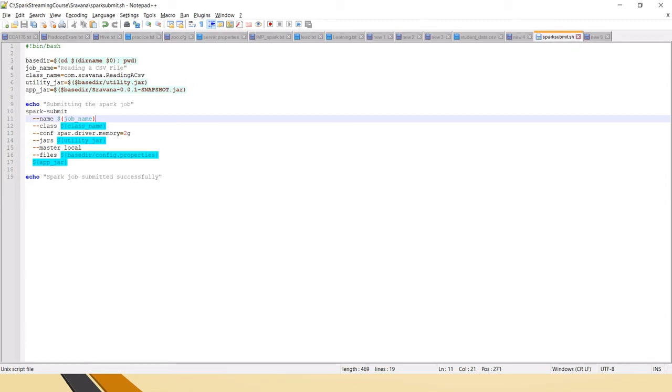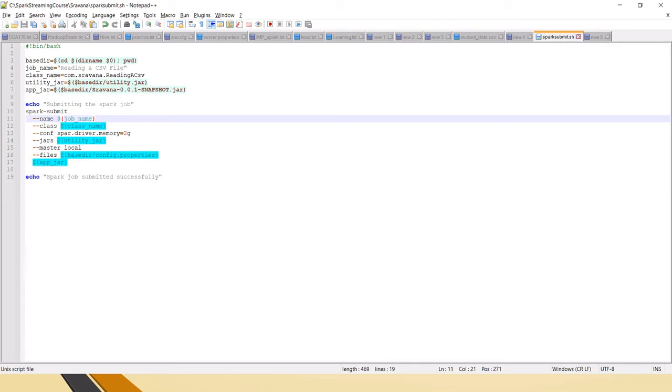When you are pushing to the repository, you have to push this entire code base, like it can be Git, SVN, Bitbucket, or anything, whatever repository you use, and it will contain a proper folder structure, right? So under the resources folder we will push this spark submit.sh. You can give any name to this. That .sh is the shell script, because that is the extension.